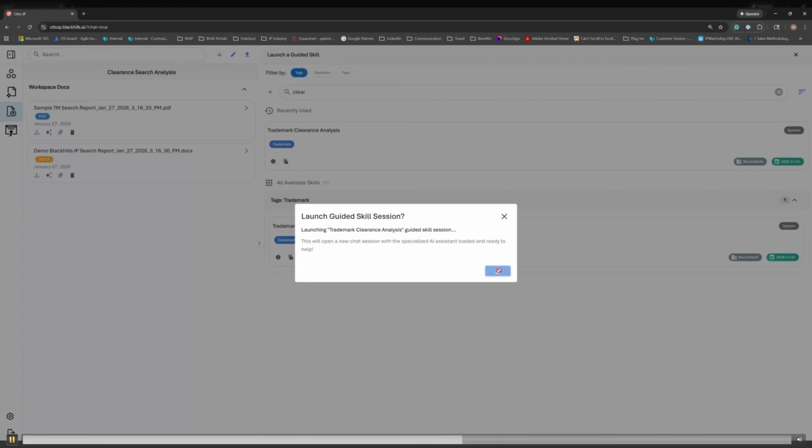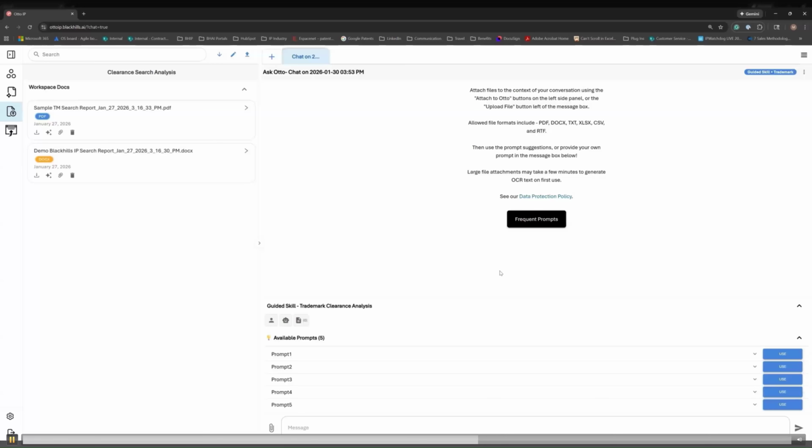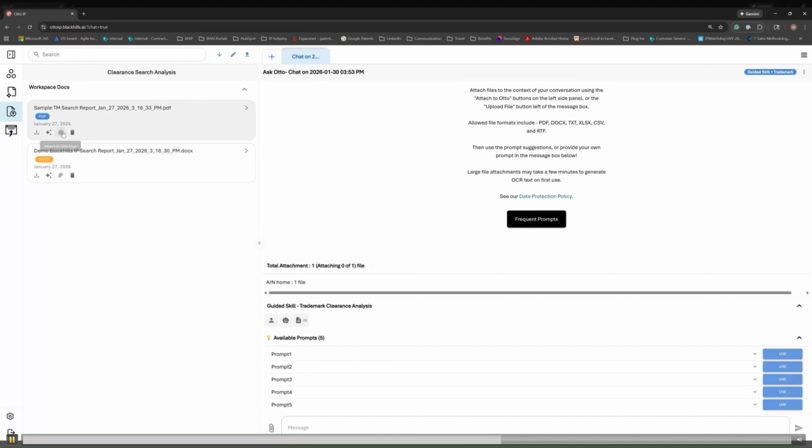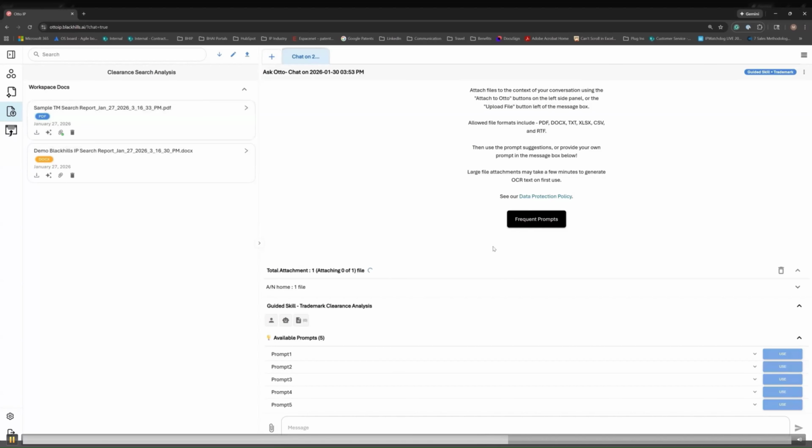When you hit launch, what the tool will do is create a new session with the guided skill attached. I will attach the search report that I want to have auto analyze. You'll see that it's being indexed. And once that's attached, you'll see that there. You can remove it. You can also disable it. And now I will select the prompt that I want to use